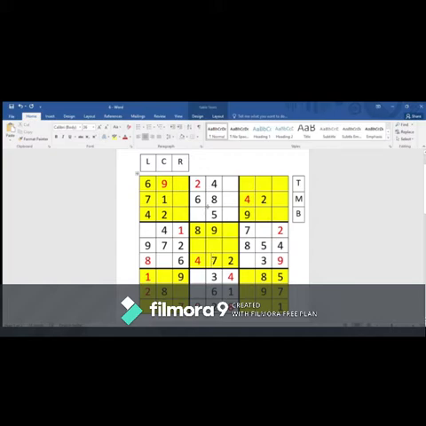Number 8, we have 3 number 8s, one over here, another over here and another over here, so we are done, leave it. Number 9, one over here and one over here, so the only place left is over here. See, because we only have one 9 capturing over this row and another 9 capturing over this row, so the only place left is over here.